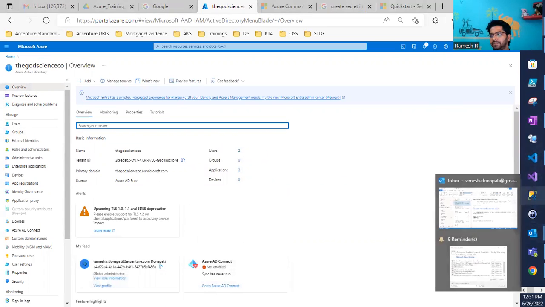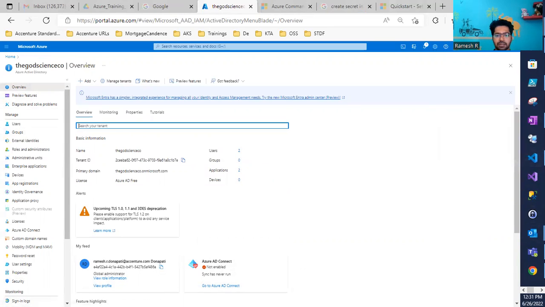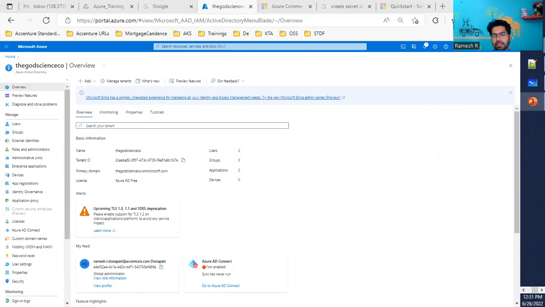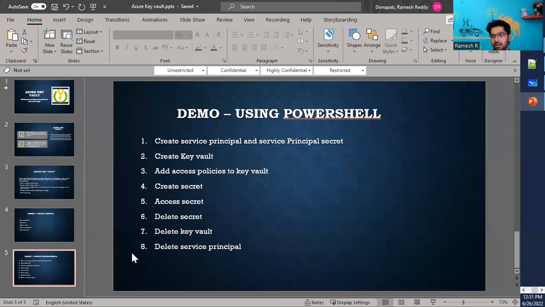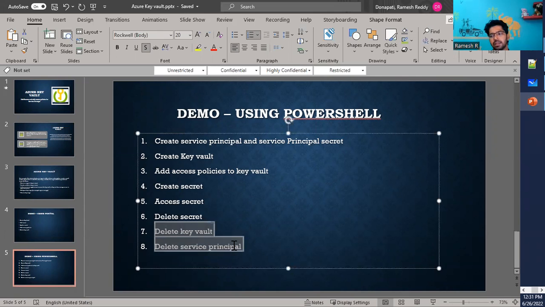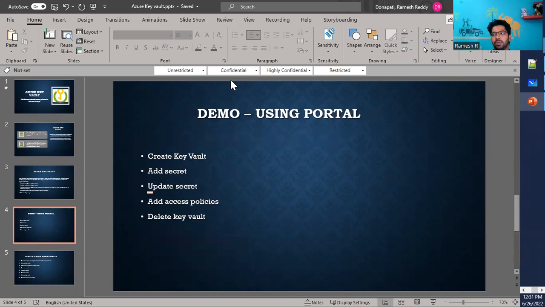Okay, this is all we have seen: creating the service principal secret, creating the key vault, adding access policies to the key vault, creating the secret, accessing the secret, deleting the key vault, and deleting the service principal. For these last two things, there is something I need to double check once, so I'll go ahead and double check it. Those are the commandlets which we actually use to delete the key vault and delete the service principal. Okay, so this is the demo on